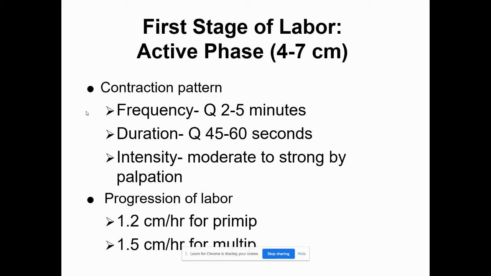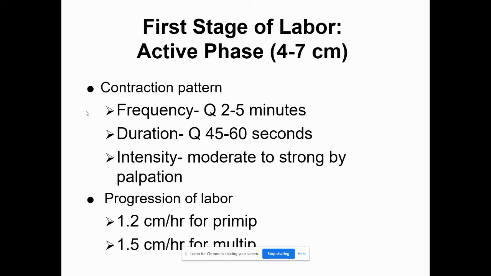During this phase, for primips, the progression is about 1.2 centimeters per hour, whereas for the multip, that uterus has been through this before. It's not a rookie anymore. It's primed. It knows how to do this job because it's done it once before, and the process is faster. So about 1.5 centimeters